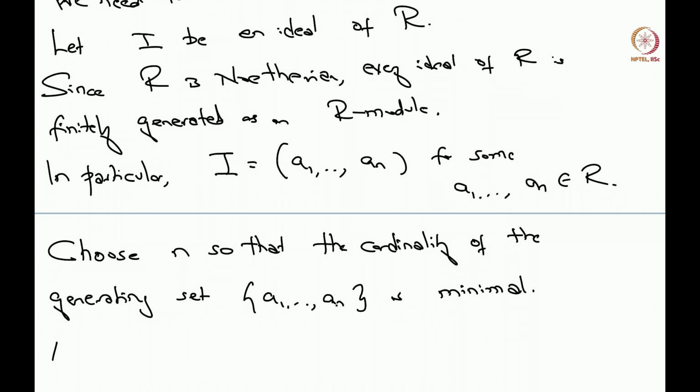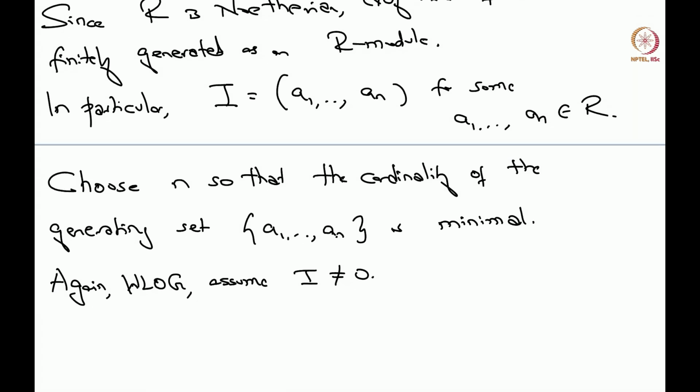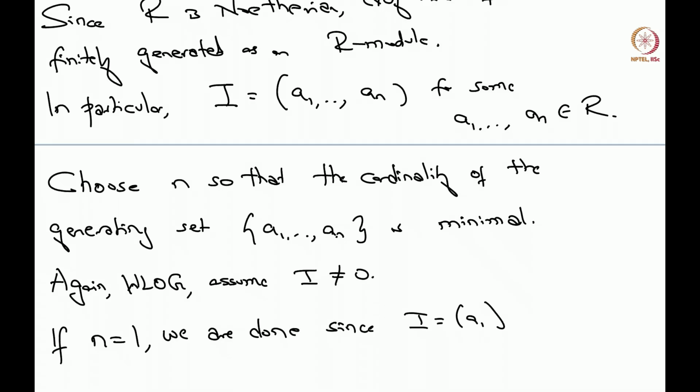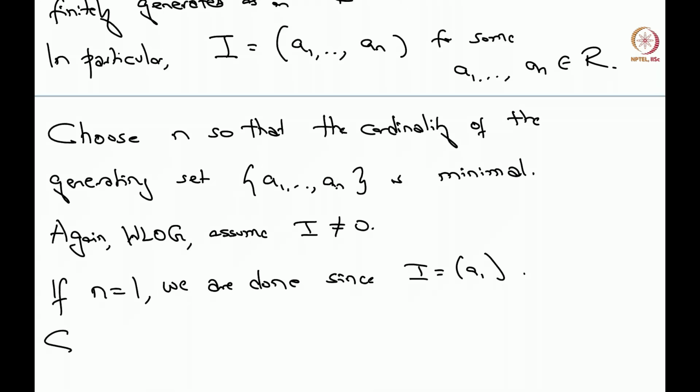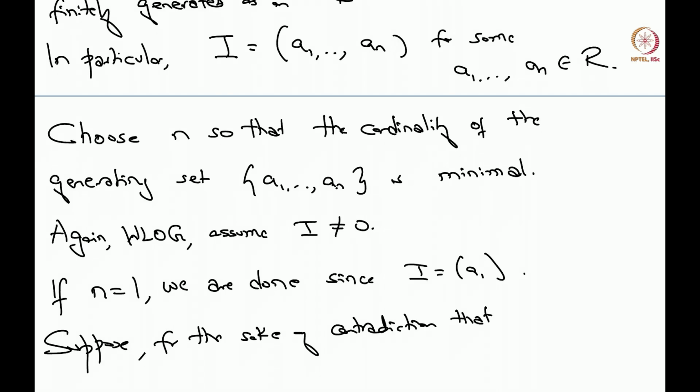Okay, and again, without loss of generality, I'll just assume that I is not 0, and if this minimal n was 1, we are done, since we have shown that I can be generated by one element and hence I is principal. So suppose for the sake of contradiction that the cardinality of a minimal generating set n is larger than or equal to 2,